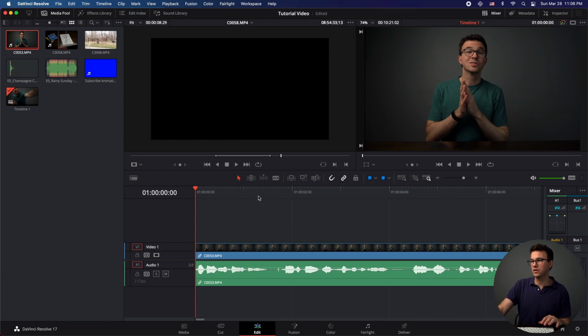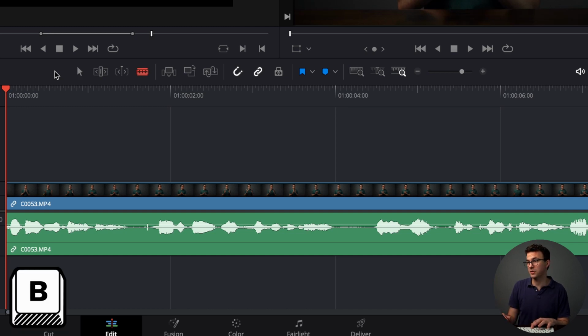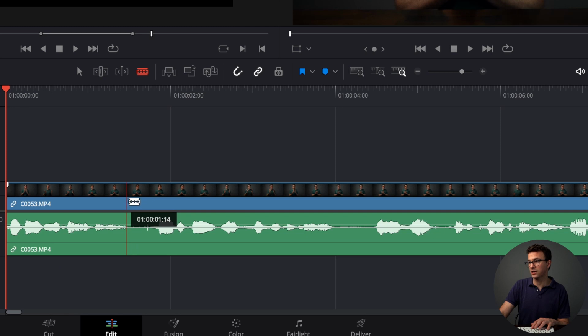So what you could do here, this is essentially the selection tool. And then you have a bunch of different ways to trim the clips. What I end up using in a lot of cases is the blade. So you notice beside any of the titles, it gives you the shortcut. So B is for blade, and then the selection tool is A. So now you can see red, I have the selection tool. If I hit B right now I have the blade tool. And so now everywhere I click is going to cut different sections.